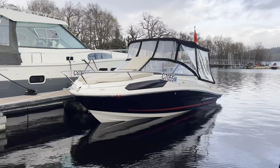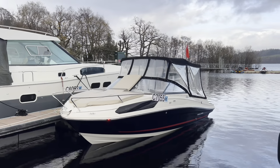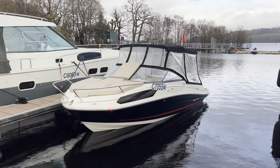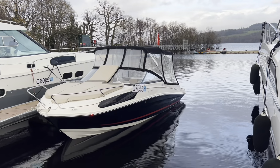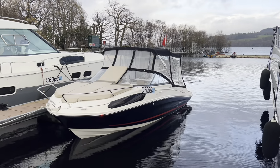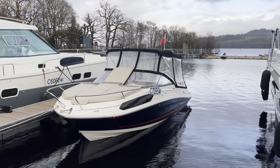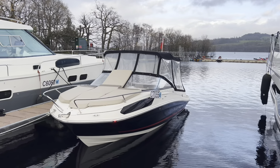My name's Ruben, I'm the sales manager here at Marine Sales Scotland. This is a 2019 Bayliner VR5 Cuddy, commissioned in July 2020. Now we actually supplied it and sold it brand new back in July 2022. It's single previous owner. Lots of pluses with this boat, primarily the fact that its Mercruiser 4.5 litre 250 horsepower